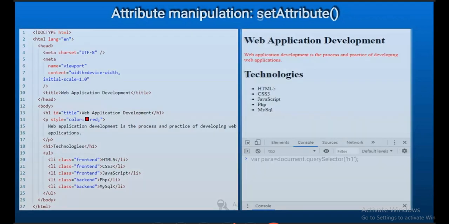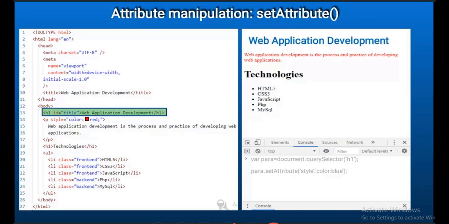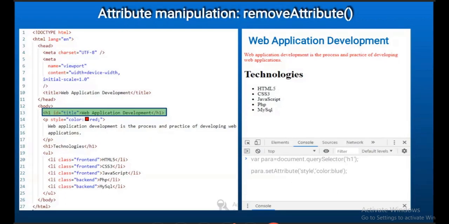We can not only get an attribute, we can set the attribute value. We can change that attribute value. So I provided setAttribute. The first portion is the attribute which needs to be changed, and the second portion is the value, color blue.